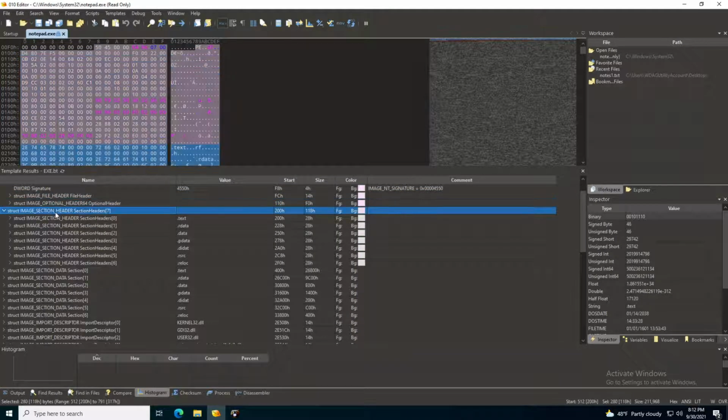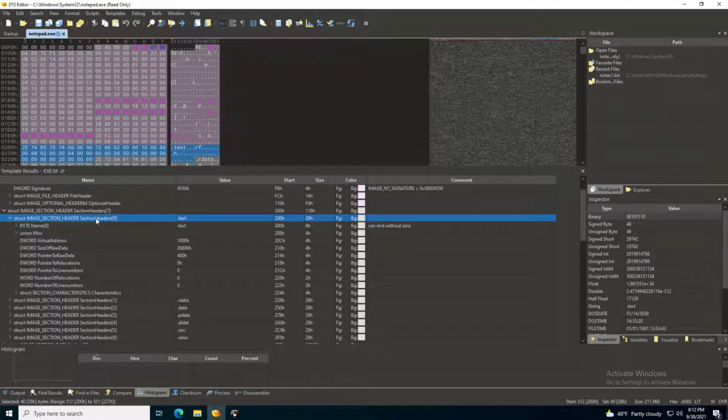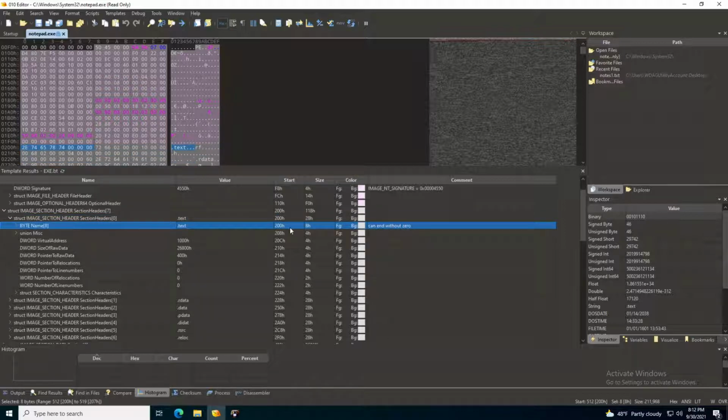And if we go to the image section header, it says we have these 7 sections starting from 0 to 6, because usual indexing in computer science is starting at 0. Now, if we expand them, we can see that the first is 8 bytes. As you can see here, it starts at address 200, or at offset 200, and then it's 8 bytes, and it includes this